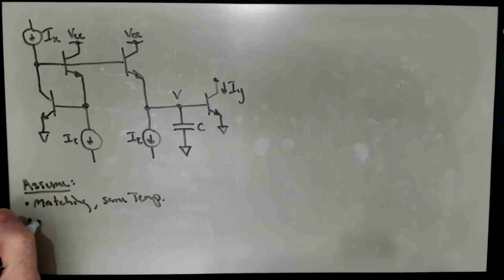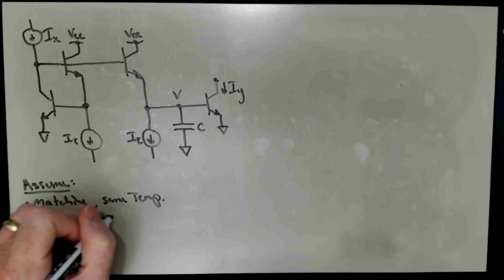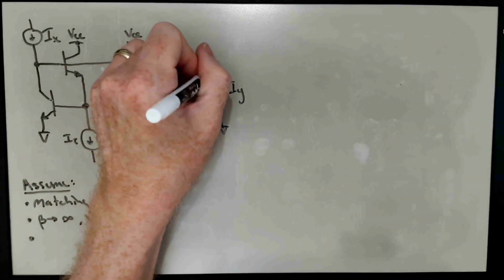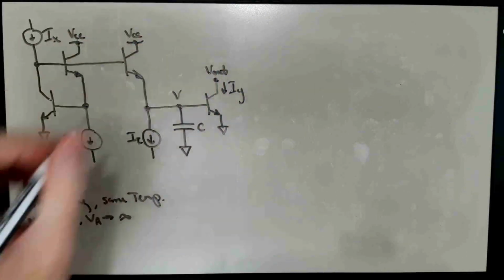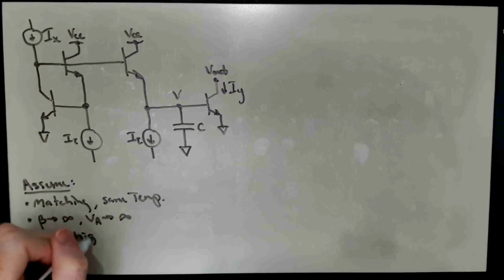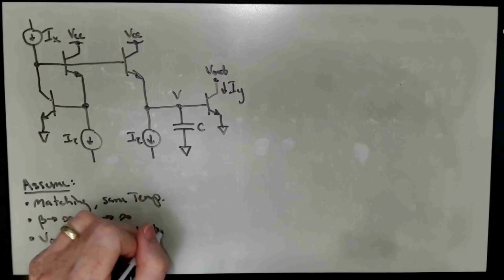We're going to be assuming beta goes to infinity and VA goes to infinity. And we're going to be assuming that V out, standard thing, V out is high enough to ensure